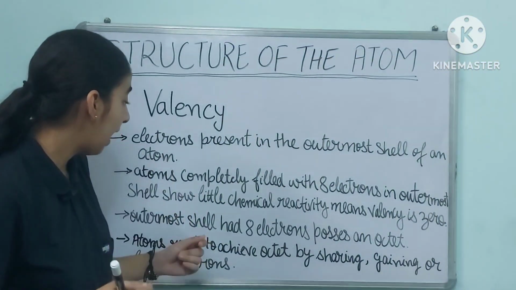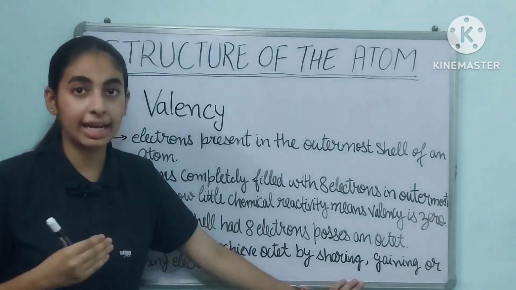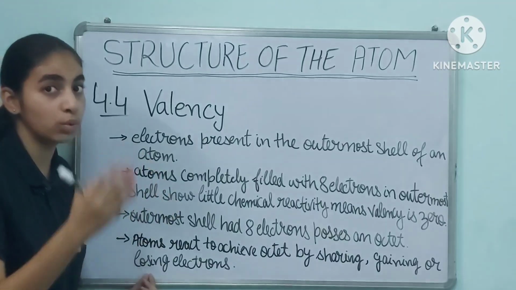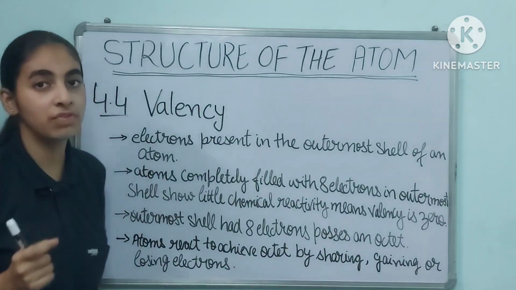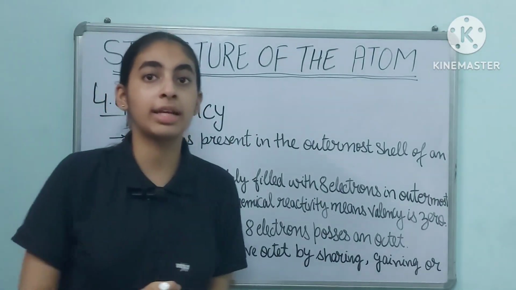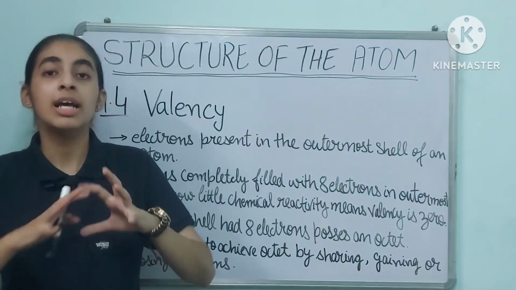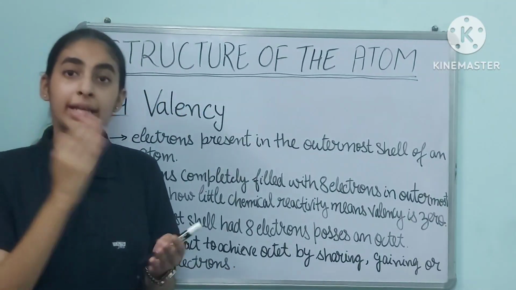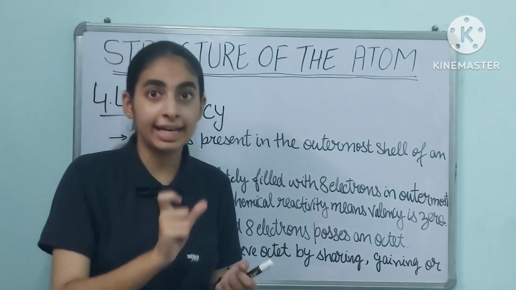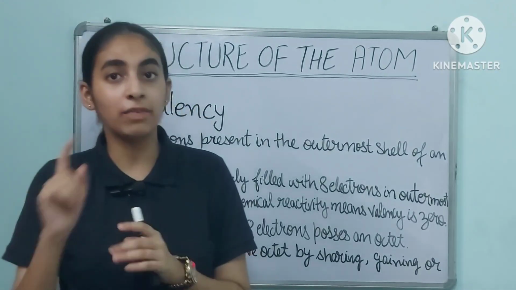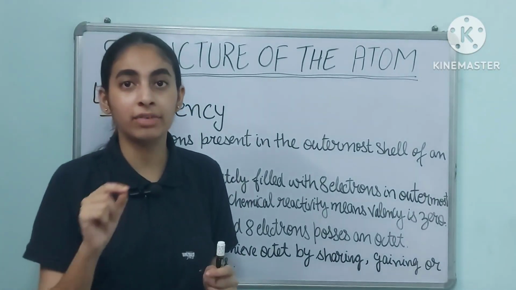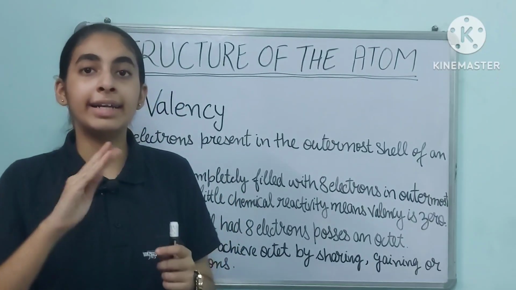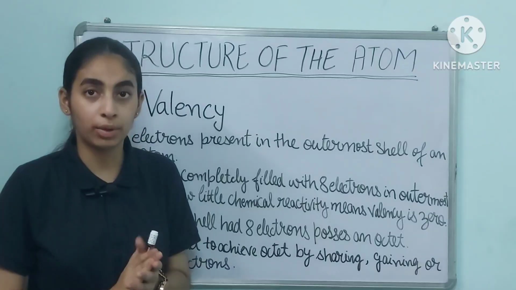If an electron is gained, it will form a negative charge. If the atom is losing an electron, it will form a positive charge. For example, I told you the example of fluorine. In the outermost shell, 7 electrons are present, right? It will gain 1 electron. Gaining means a negative charge of 1. That's why we write F negative, fluoride. Why are we writing F negative? Because it has gained 1 electron, right?